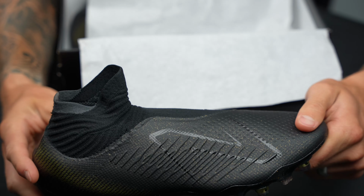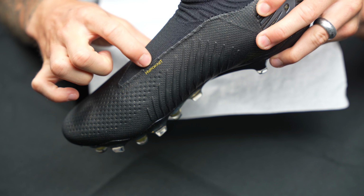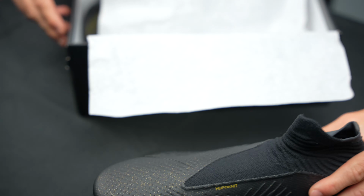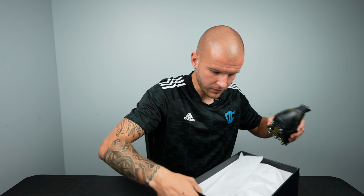I am curious. This upper feels amazing. It's got the Hypoknit upper, which is this little logoing right there. So we'll get into that in just a sec. Take out the other one. Nothing else in the box, so we'll put it away. And there you go. Okay, so Tekela version 4 in the beautiful, you guys know I'm a black and silver,